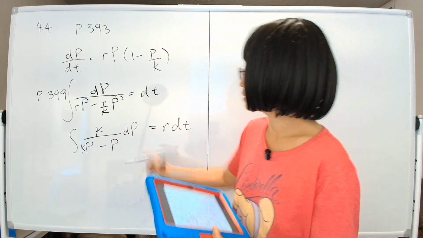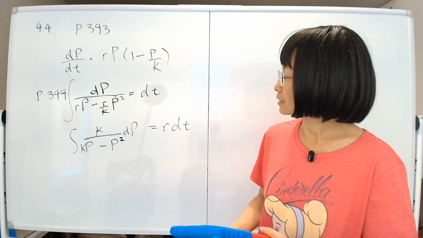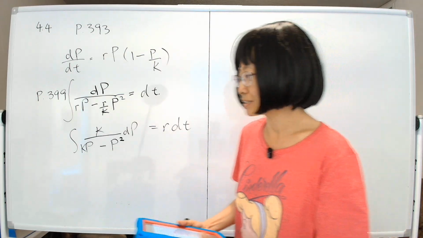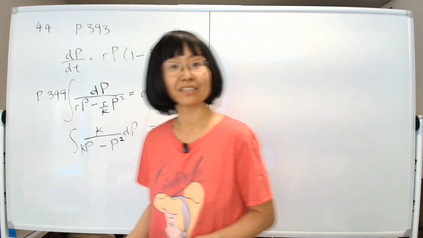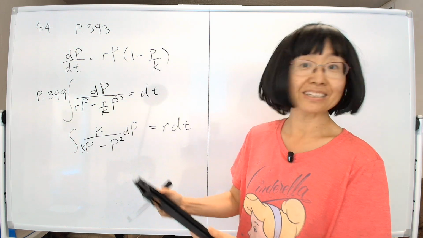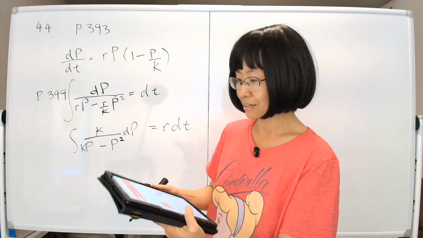Okay, I forgot the p squared again, so let's add that in, which is okay, but still, how do you break that into fractions? That might be kind of a lot of work. So let's use the fraction generator. What is this thing called? Partial fractions calculator. The problem, however, is the partial fractions calculator is not going to let